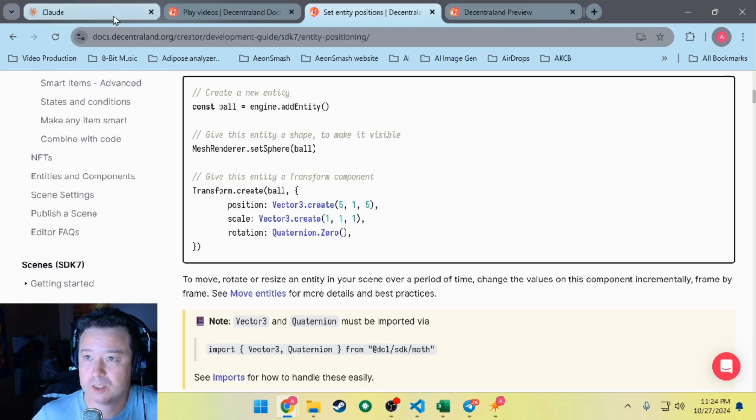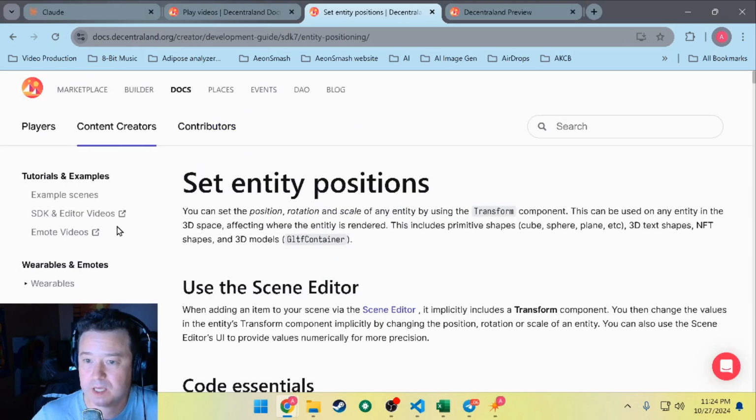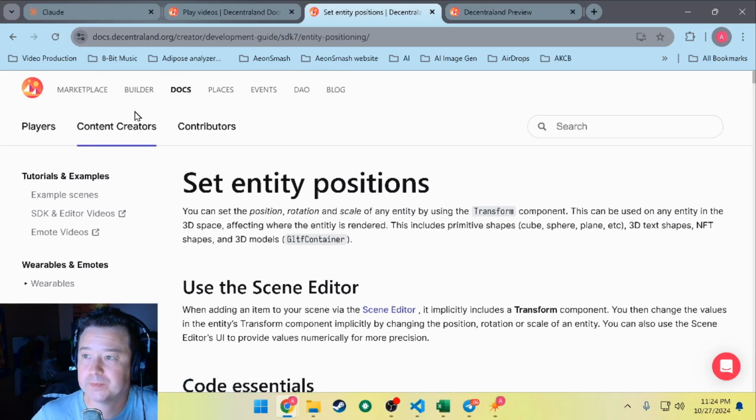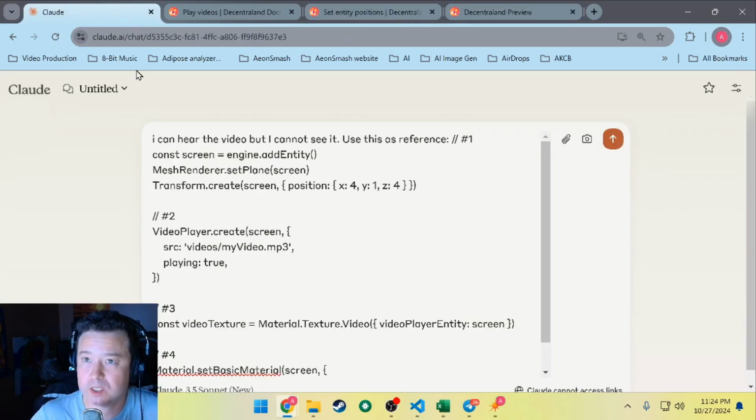Like I said, Claude, there's other resources here with like Decentraland Studio and things like that, which I have as well. But honestly, I think using Claude right now is the best way to